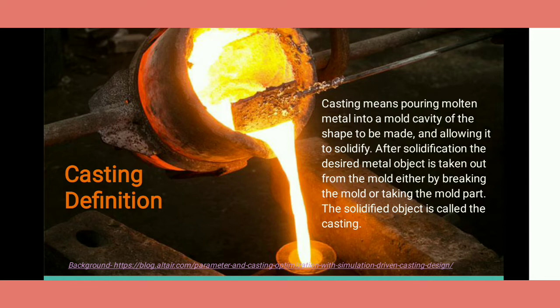molding sand. Just assume that we are making a solid cylinder casting, meaning a solid cylinder is our final product, and we are casting it. For that we need a hollow mold. That mold is prepared from molding sand. Once the molten material is filled in this mold cavity,